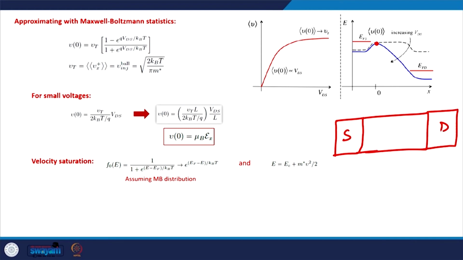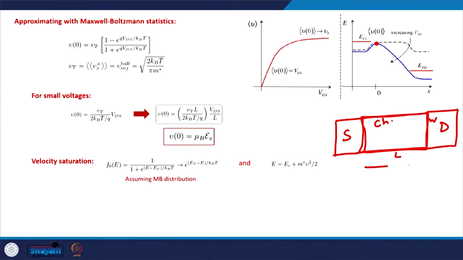So our analysis is for a device something like this, in which there is a source, there is a drain, and the channel is a 2D channel. Even in an actual MOSFET, the channel is a quasi 2D entity. So this is the length, this is the width, this is, let's say, the x direction, and this is, let's say, the y direction. In order to understand the velocity saturation, we need to understand the